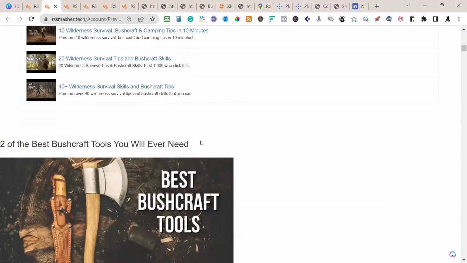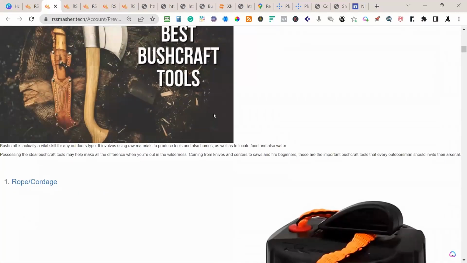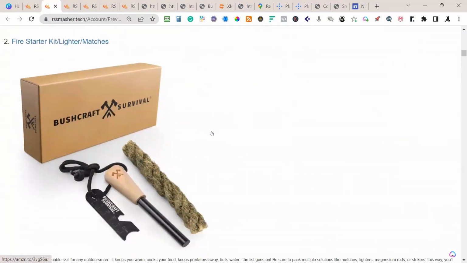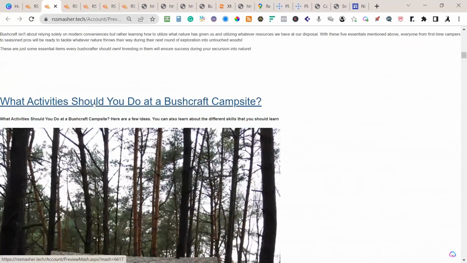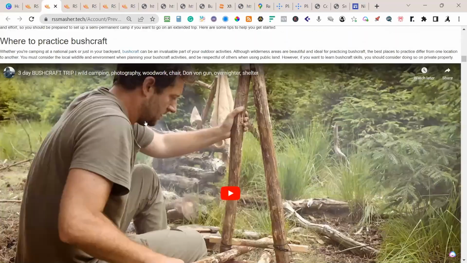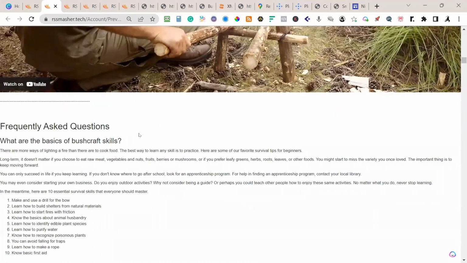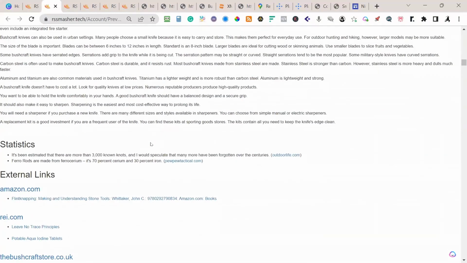2 of the best bushcraft tools you'll ever need. So remember, we did anywhere from 2 to 4. So we have rope and we have a fire starter. Okay, next article, what activities? Okay, nice article forge, frequently asked questions. Now these are different. We're rotating these out. We've got 3 in there,